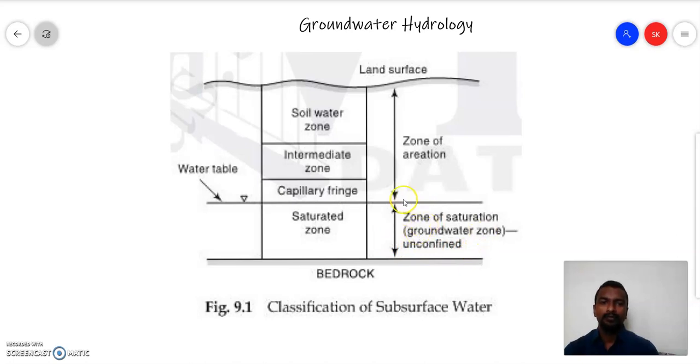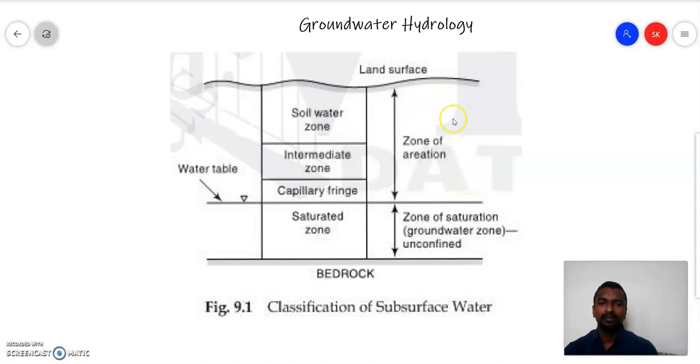Before going towards the groundwater zone, we will discuss all the terminologies and different parts of the saturated zone in detail. The saturated zone is the zone in which all the pores are filled with water, and that's why we call it a saturated zone. The top layer of this saturated zone is called the water table. This line represents the depth of the groundwater table. This is the top surface of the saturated zone, and we can call it the groundwater table or simply the water table.